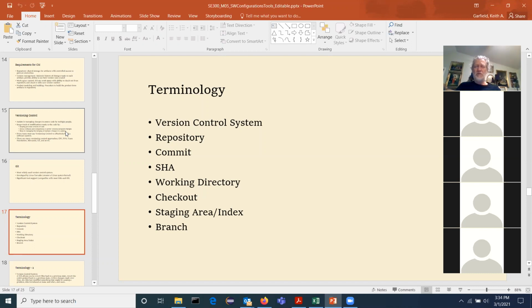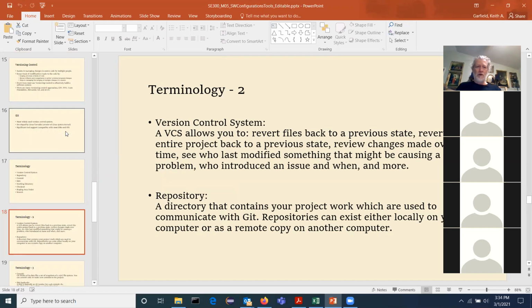I would suspect most people aren't going to do a branch of their code in this class. You may, especially if you're building code that you like after the semester and you want to keep working on it, you may make branches of the code, which are different paths where the intent is not to try to merge those together in the future. They truly are different variations of the product. Okay, so